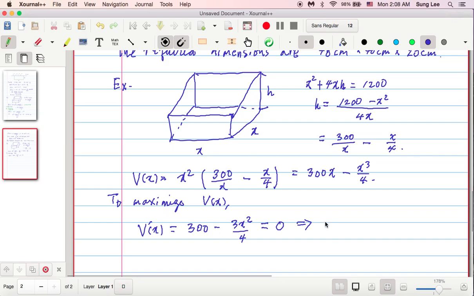So that's going to be 400 equals x squared. 400 is 20 squared, so we find x equals 20, right? x has to be positive, so we have only one solution: x equals 20 centimeters. Okay, right. So that's the critical point. We have only one critical point, but why does that maximize